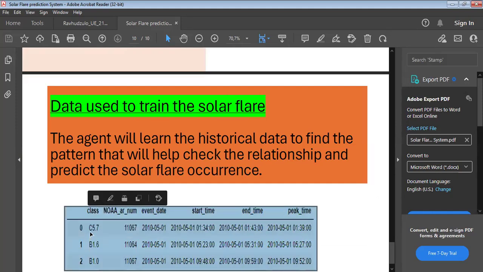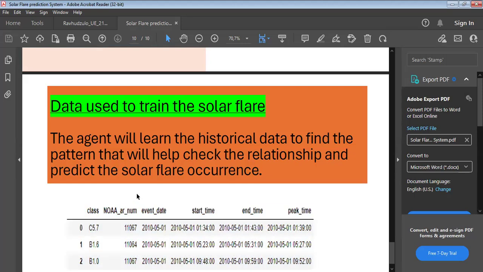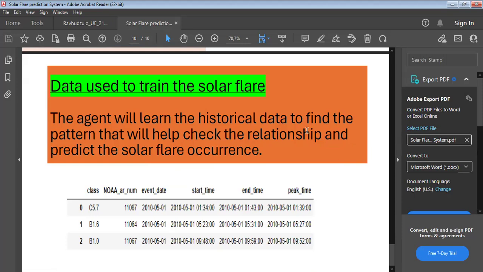As we can see, we've got class C, B, and their variations, and then we've got NOAA atmospheric river, which is in int values, and then we've got the event date when the solar flare was taking place, the class of the solar flare, then the start and the peak time. So all of this is going to be used to give the agent knowledge of how a solar flare takes place.